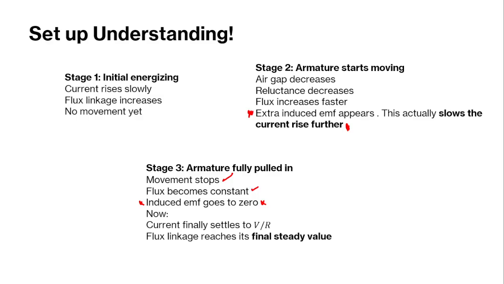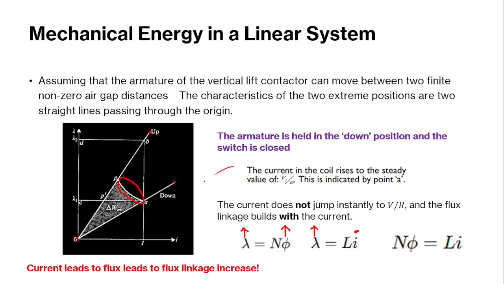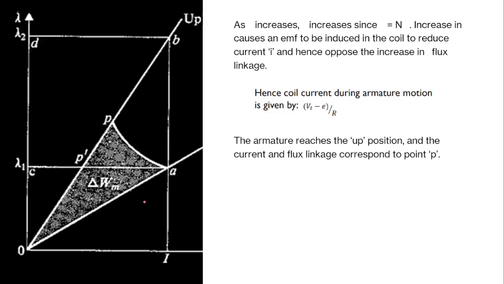So when the armature reaches the fully closed position, or when it reaches the top, it won't have any more motion to go. So the flux linkage is not going to change. And if the flux linkage doesn't change, the induced EMF will not change, because E is dλ/dt. So if this falls to zero, the induced EMF will also fall to zero. Right? So at that point, the current finally settles to V/R, and the flux linkage reaches its final steady value. So what that means on the graph itself,